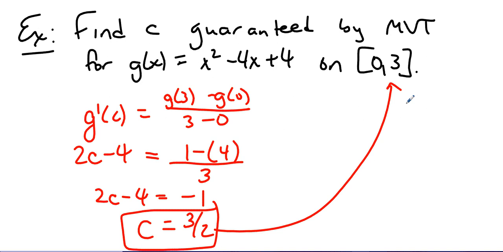We take the derivative, we set it equal to the slope of the secant line, and we find the value of c that holds. Sometimes we can do it with simple algebra, sometimes we need a calculator to help us out, but in all cases, we set the derivative equal to the slope of the secant line and crank it out. All right. When we get to class, we're going to practice a little bit of these mechanics,